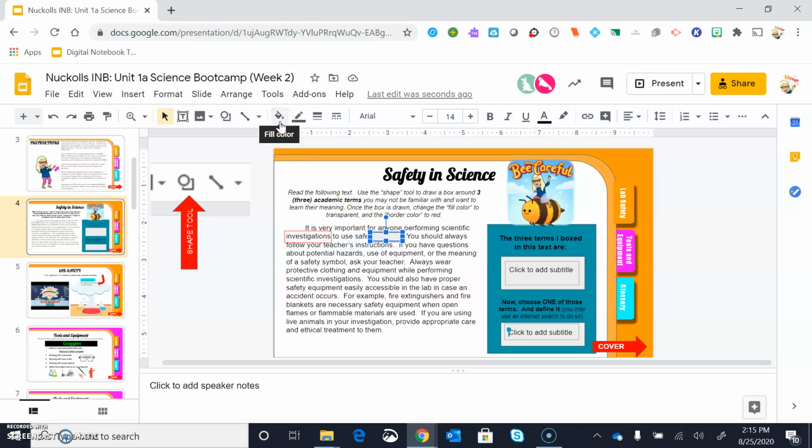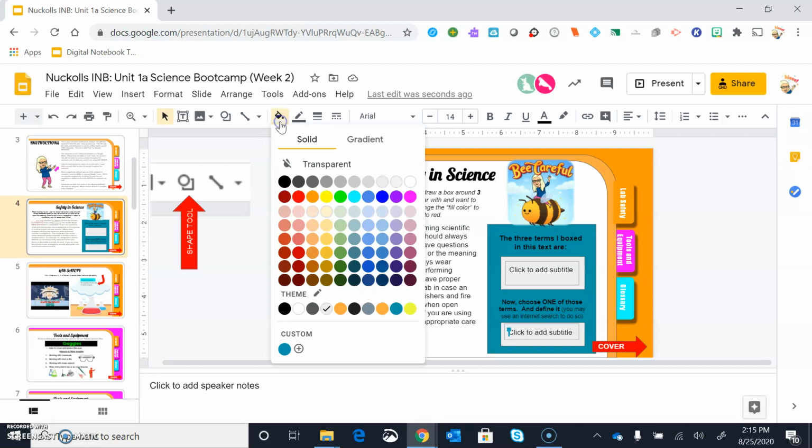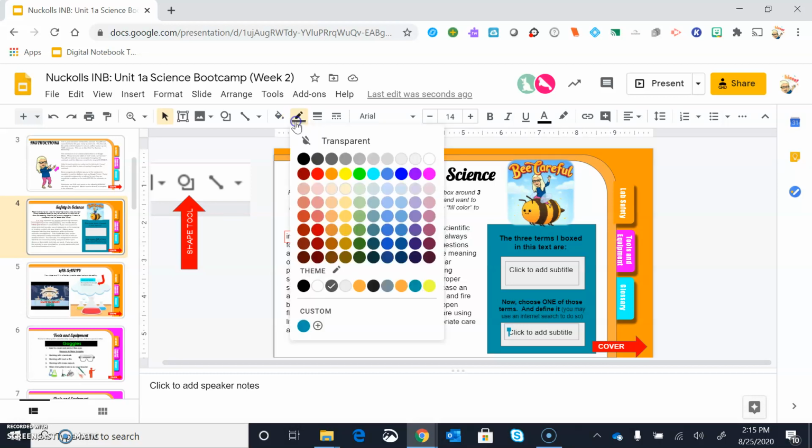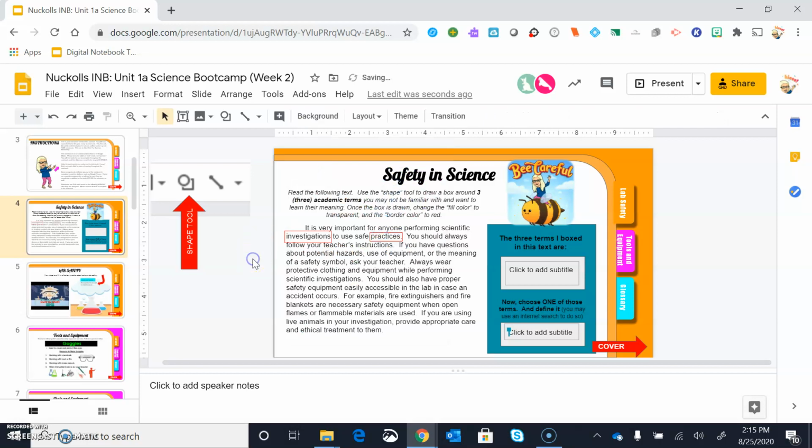The fill color is found right here. It looks like a little beaker that's pouring out paint. Then click on that and click transparent, and that will make it to where we can see the word behind the box. Then we're going to go here and change the border color to red. And that's it. And now we have another box